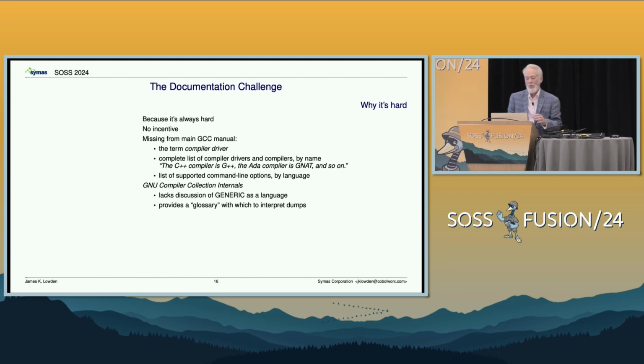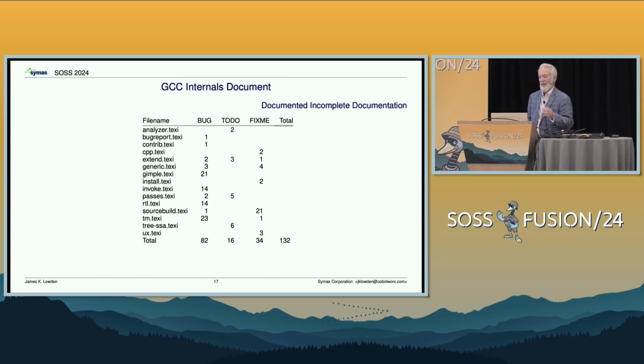Internally, we were encouraged to begin because there is an internal GCC document. And it does give you a kind of glossary to understand what to look for as you're trying to decode what's going on inside the system. But that's all you get. And it's not only me saying this. They admit it. Rather, they document it. They say, this is preliminary documentation. That statement hasn't changed in the 4 years I've been involved, and I think that statement was made 10 years ago. So this is just a count of the terms bug and to do and fix me that appear in that document today, or the last time I pulled the tree.